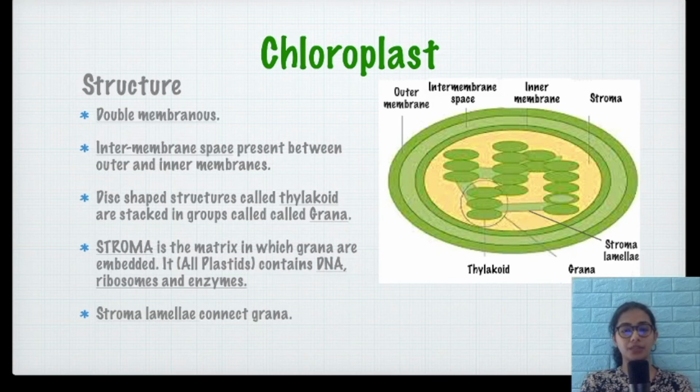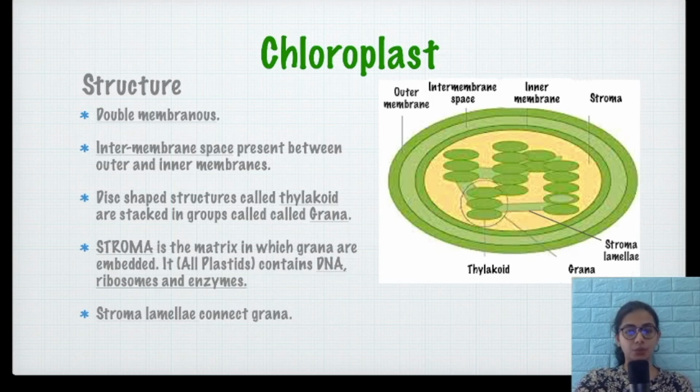It's got a peculiar structure, see? So it has got, as usual, an outer and inner membrane, 2 layers, that is outer membrane and inner membrane, and between them here in chloroplast there is a space called as intermembrane space. Now inside the inner membrane there is a matrix as usual, which is called stroma, right? So in stroma, can you spot the stroma over here, the yellow part, right?